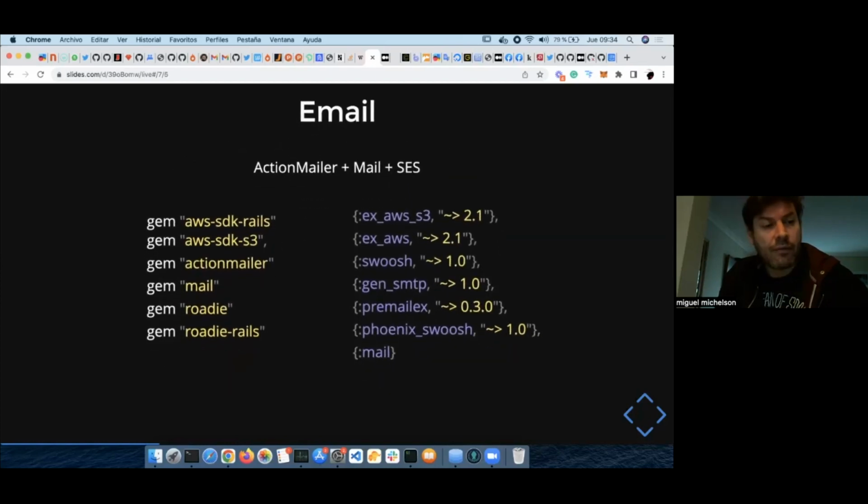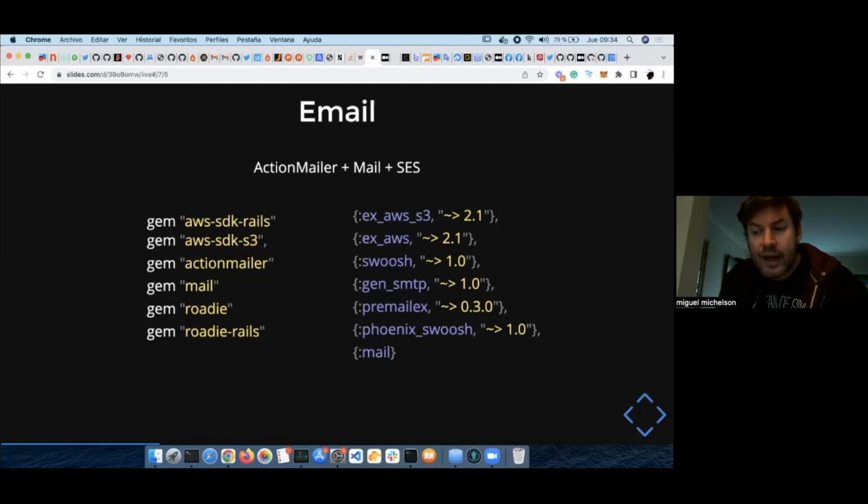For email, we have great alternatives like Swoosh, for example. It's like some kind of Action Mailer. We have the Mail package that enables us to inspect the email, for example the body, the content, the attachments, and all that stuff.